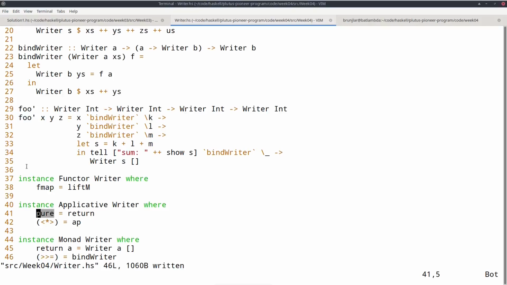It's a good thing to identify an important pattern that happens all over the place, and then explicitly describe it and give it a name. That's one advantage. The second advantage is that we had to come up with all these names: bind writer, bind maybe, bind either. Now by using the type class, we don't have to remember all these different names for the different examples. We can always use return and bind.